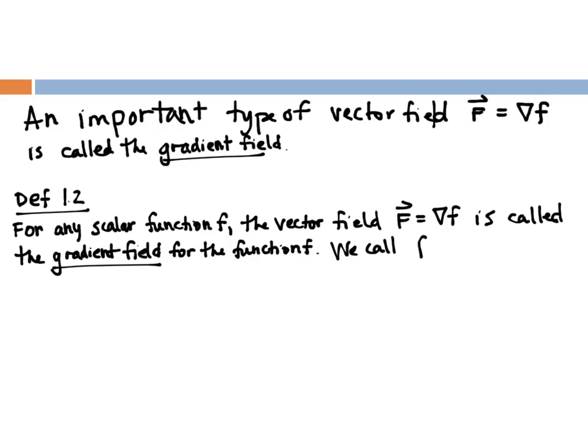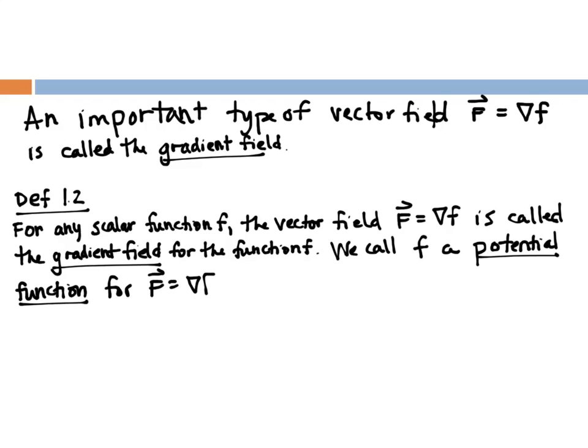We call f a potential function. This is small f. For capital F, gradient f, on a region R,